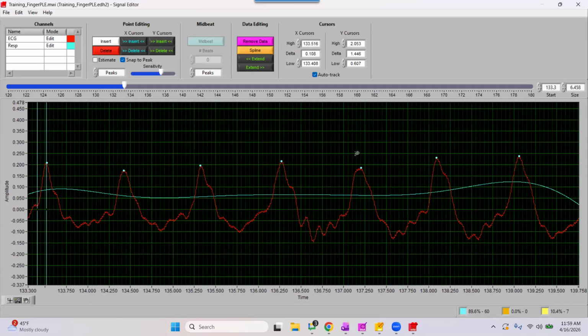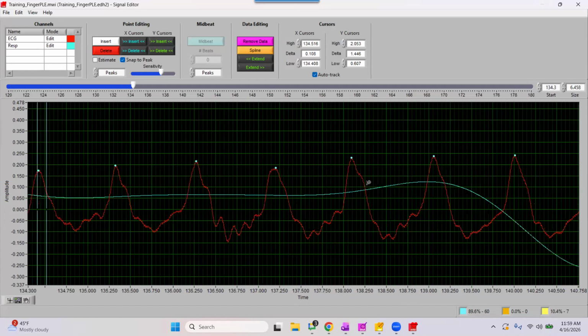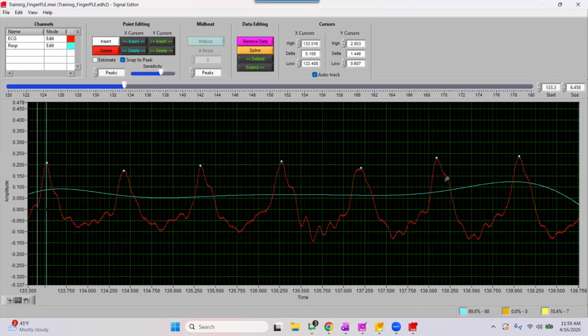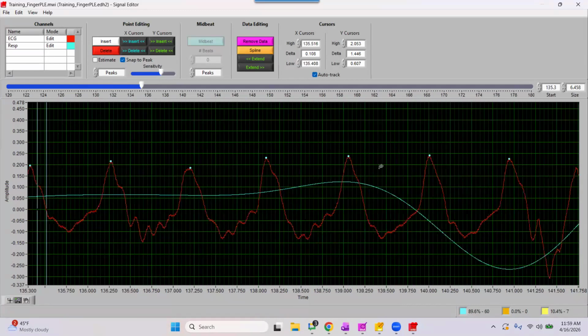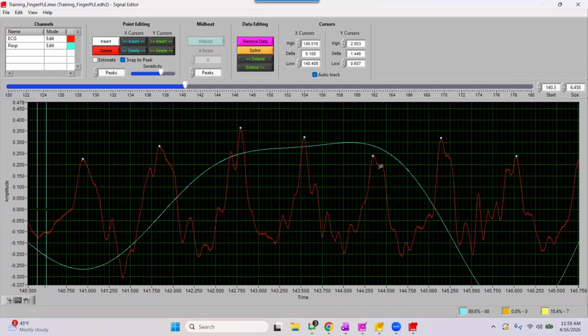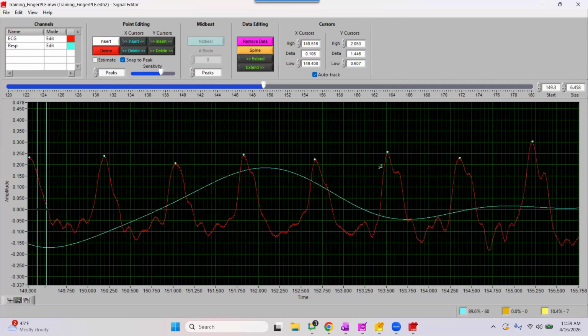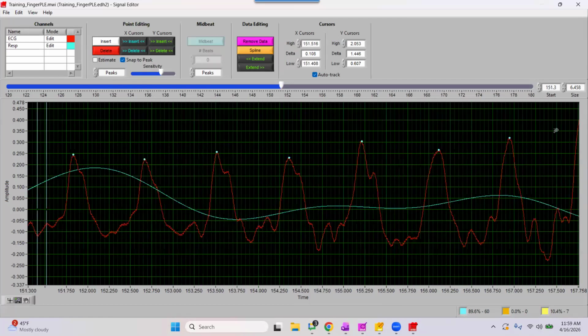This could be due to sensor placement, sensors not being snug enough or falling off. And so because of that, we also will need to consider how usable is this data. So in this section that we're looking at here, we do have definition around our systolic peaks with maybe some that are a bit more questionable in terms of the accuracy. And this is really where we will start playing a numbers game and based on what we can see within the file as well. So for example, we do have enough systolic peaks here that are well defined in order